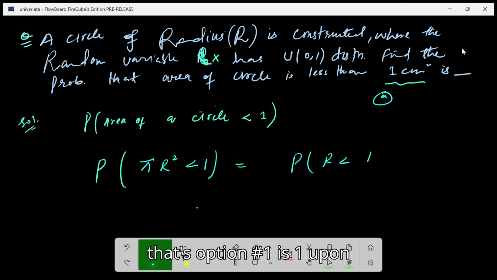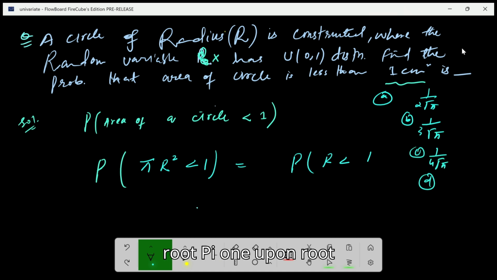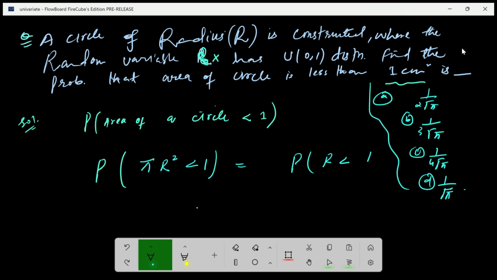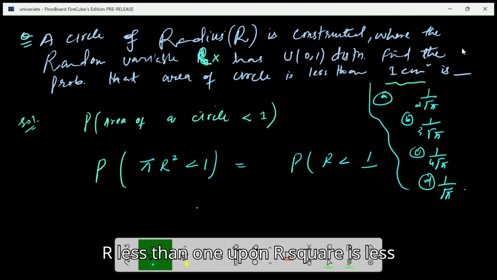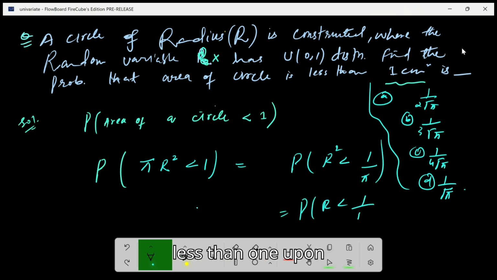1 इज 1/2√π, 1/3√π, 1/4√π, 1/√π। तो सी हमें ये पूछा गया है, ठीक है, क्लियर है। प्रोबेबिलिटी आर लेस देन 1/r स्क्वायर इज लेस देन 1 दिस, सो प्रोबेबिलिटी आर इज लेस देन 1, ये इसका आंसर है। नाउ अब सर आप कहोगे कि आपने तो इतना ही सॉल्व किया, नहीं इससे आगे भी